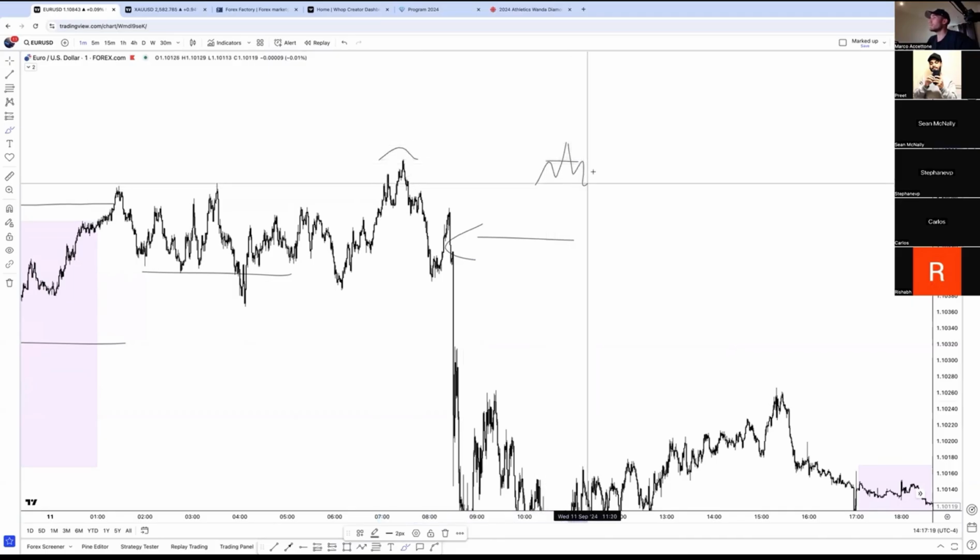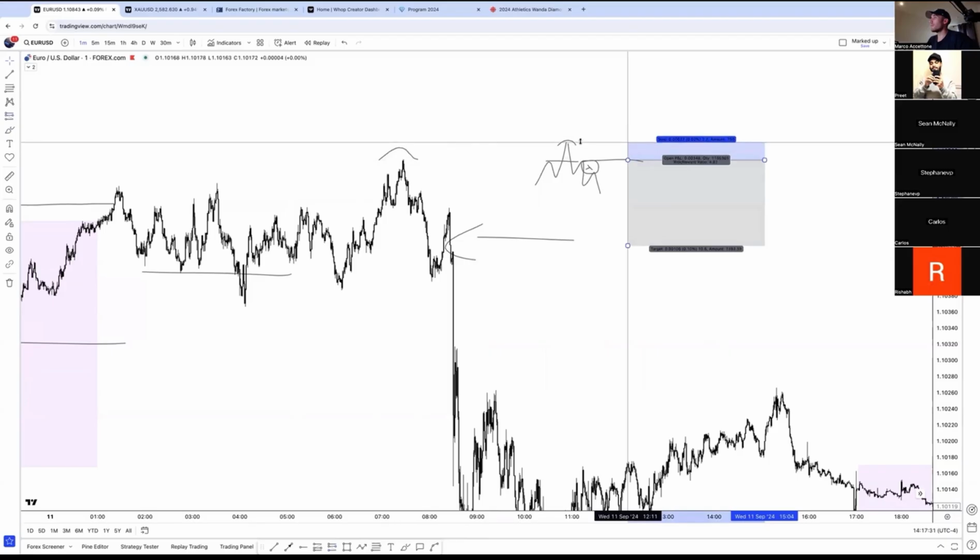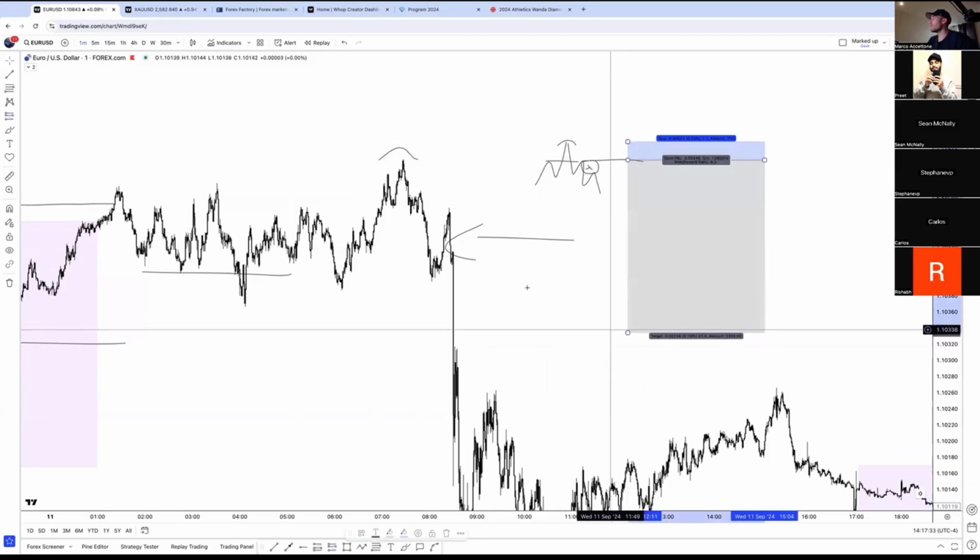I want to see a buildup of some sort. So look how we have the buildup. Sellers get in here. Now I want price above that. I have a liquidity block to support my entry. So this would be the sell. Okay, and we target.